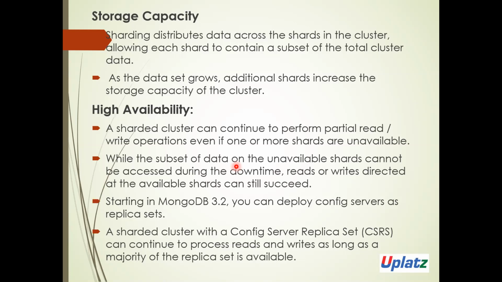So basically you need to note this point here: if some data being read or written is not available, it will not stop the operation. This is performed with the help of the config server replica set, which is nothing but CSRS. It will continue the read and write process with other members in our replica set, so high availability is also there in sharding, so that we can use sharding in MongoDB to store our data with horizontal scaling.